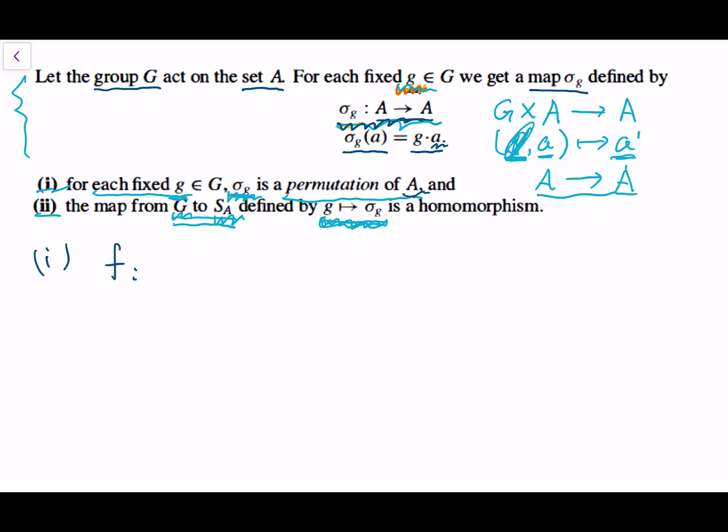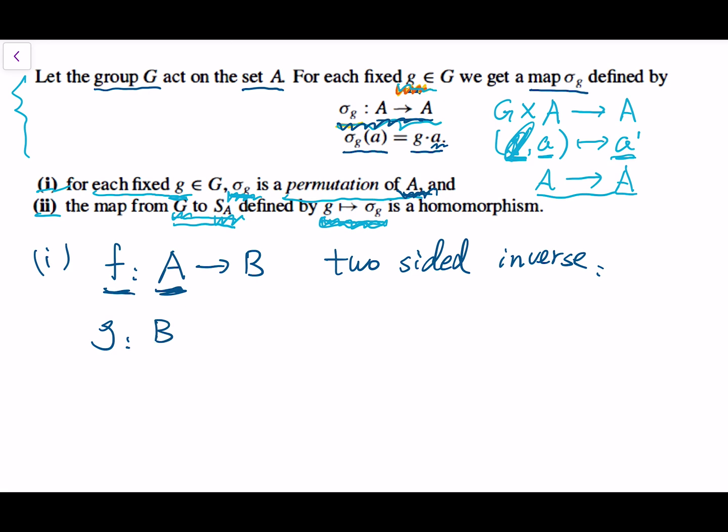For example, if we have a map f that maps some set A to some set B, where this A does not necessarily have to be the A in our definition, it is just an example, so this can be any set A. If we have this map, the two-sided inverse of f should be a map g from B to A,